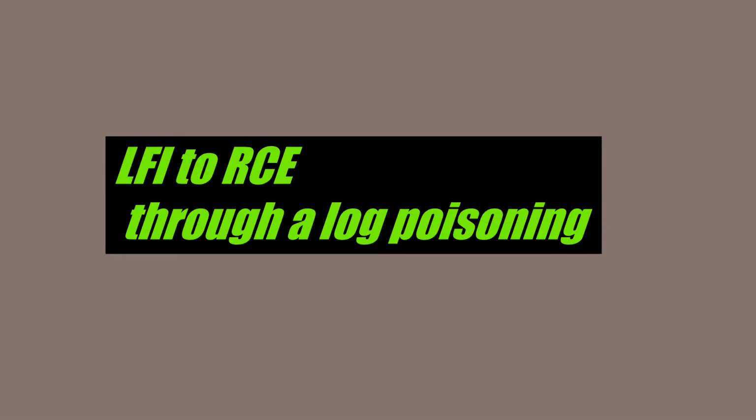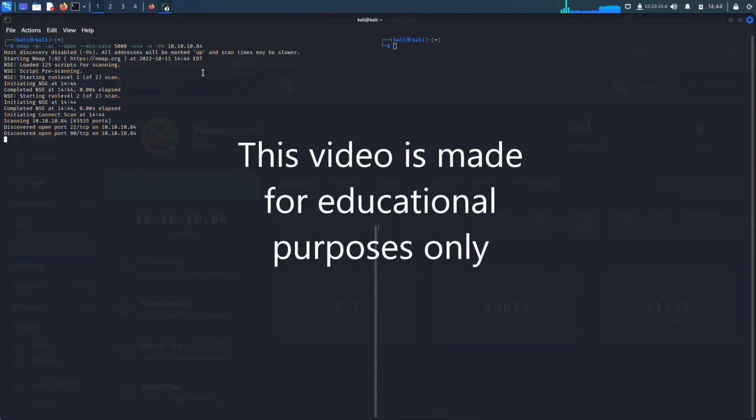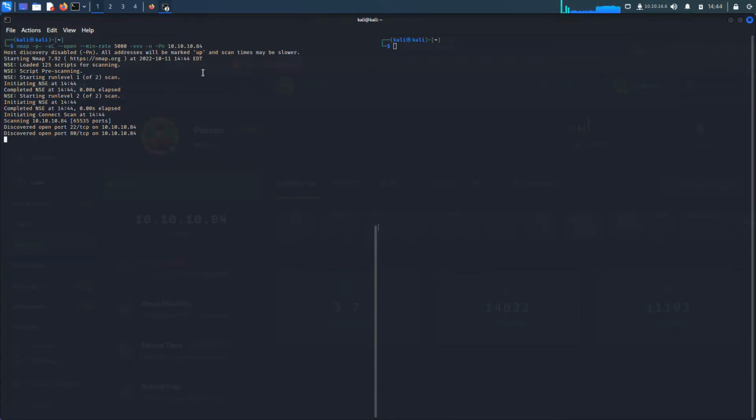Okay, hello everyone. What I want to show here is how a log poisoning attack works. The very first thing we're gonna do is an nmap scan on the target machine. I've already started the scan, and we can already see that port 22 and port 80 are open, which is